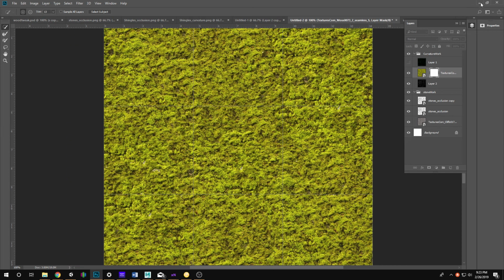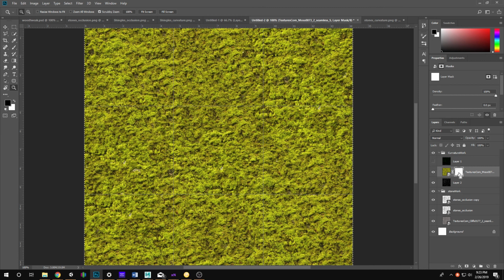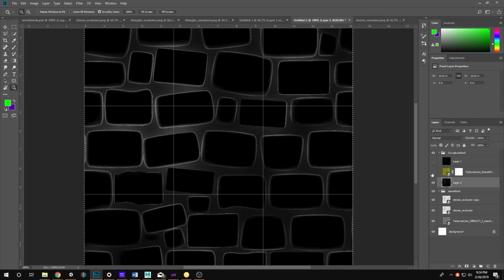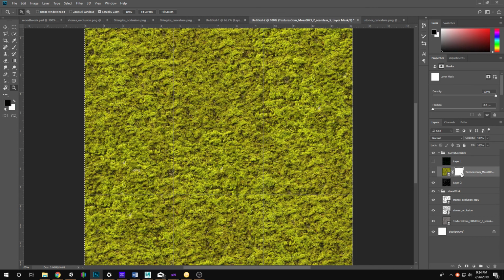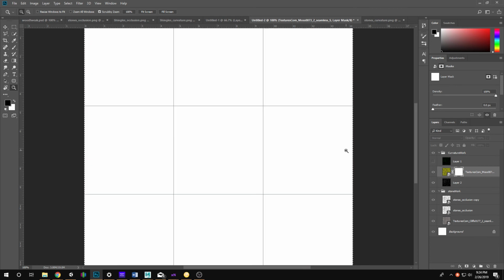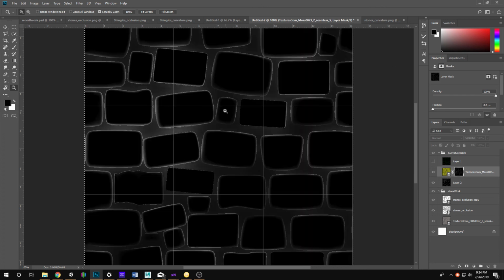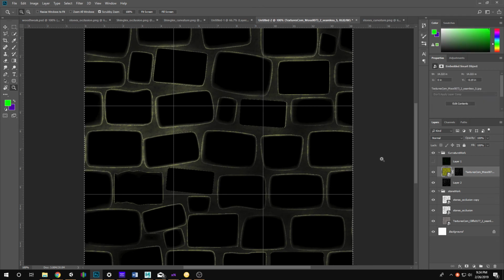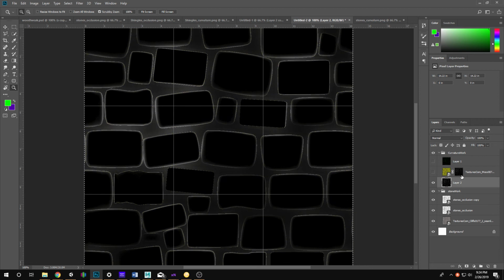Whoop. Let me get back into my viewport here. All right. So to be able to work with this, if I want to work with this alpha mask, but be able to use this black and white image in there, we just have to make sure that we hold down Alt, click on that mask, and it's going to turn white. This is allowing for us to work specifically within that mask. So if I hit Control V now